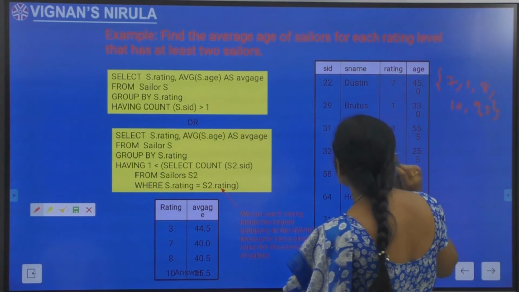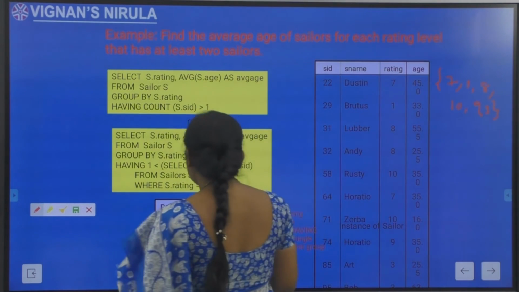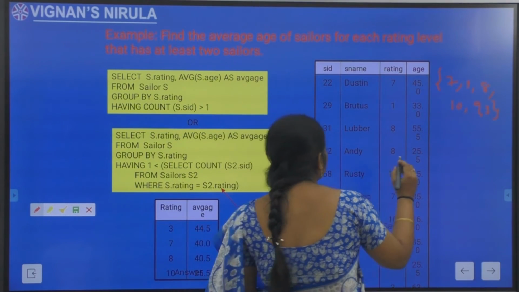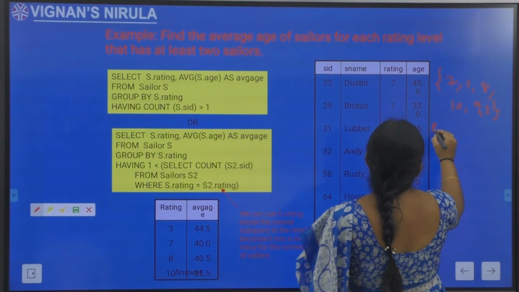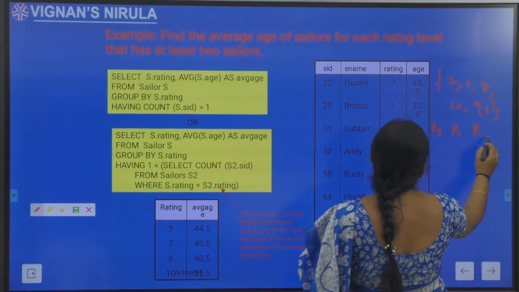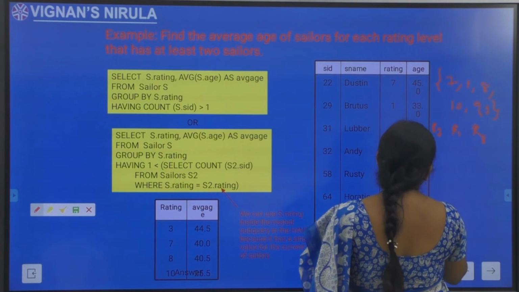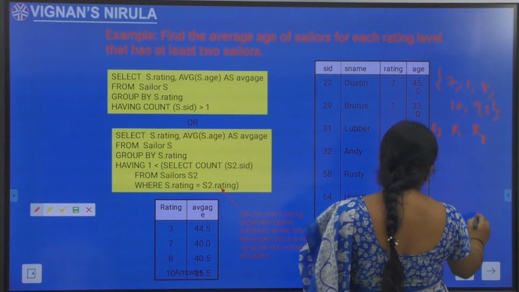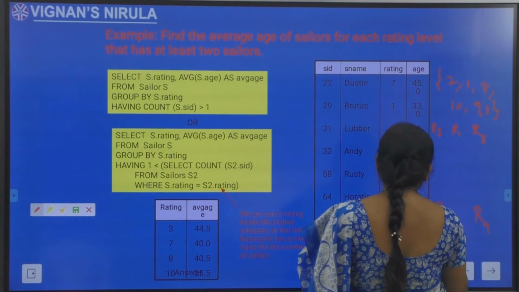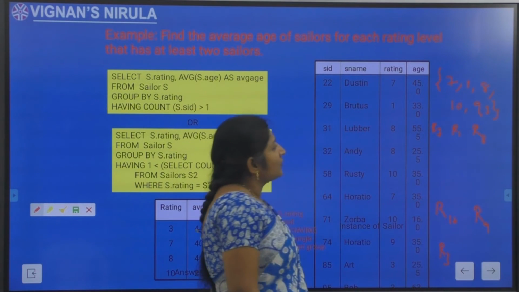The first group is rating level 7. The second group is rating level 1. The third group is rating level 8. The next group is rating level 10. The next group is rating level 9. The last group is rating level 3.